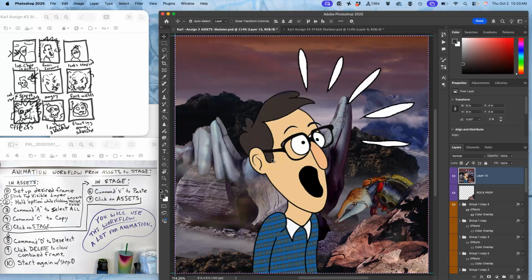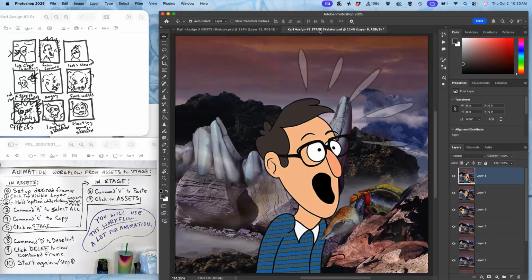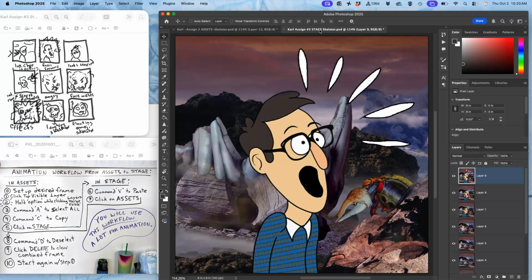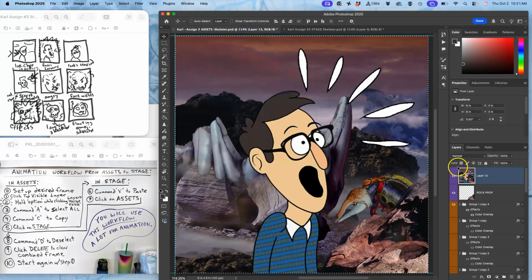Command A to select it all. Command C to copy it all. Move my stage. Command V to paste in the next frame. All right. Now I go back to my assets. Command D to deselect and delete to clear the merged layer. I'm going to hit Command S to save that because I've gotten now all the way through these two